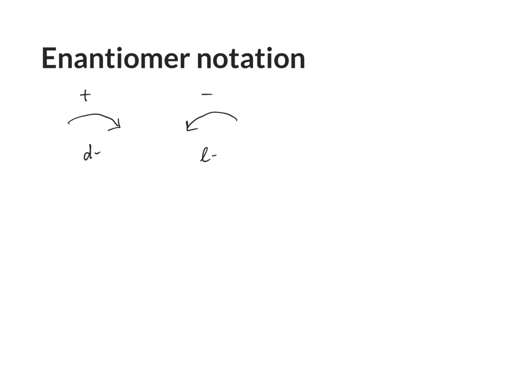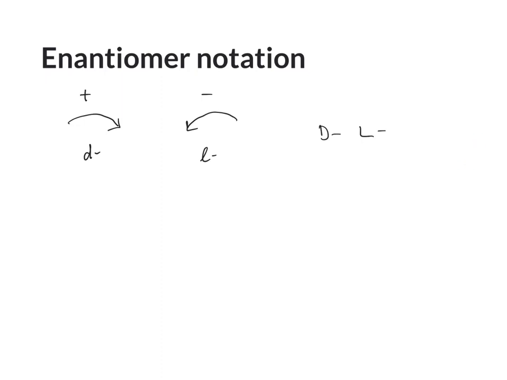So D and L, and these are small caps, so they're capital letters but smaller than the rest of the text. And this naming system with the small caps is completely different from that naming system with the lowercase, even though they use the same letters. So where these ones refer to the rotation of light, left or right, these ones are a bit more of an arbitrary system that somebody came up with when they were dealing with sugars, and they just decided that one of them would be D and one of them would be L, and it was to do with the position of an OH group on the